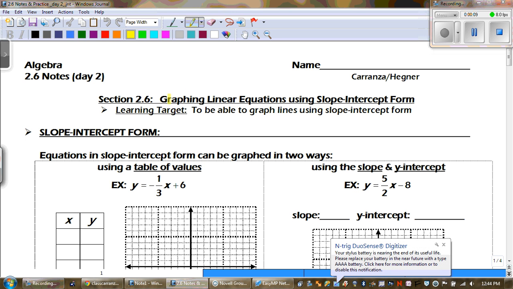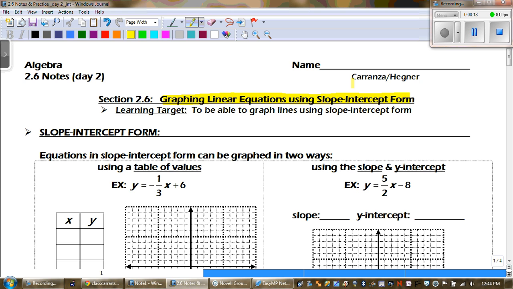Today we're going to be talking about graphing linear equations using slope-intercept form. Our learning target today is to be able to graph lines using slope-intercept form. You might be like, Mr. Grice, what is slope-intercept form? Well, slope-intercept form is y equals mx plus b,